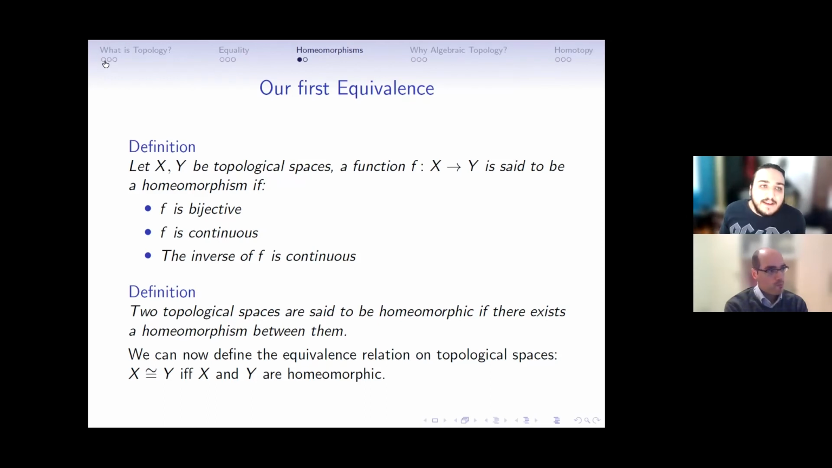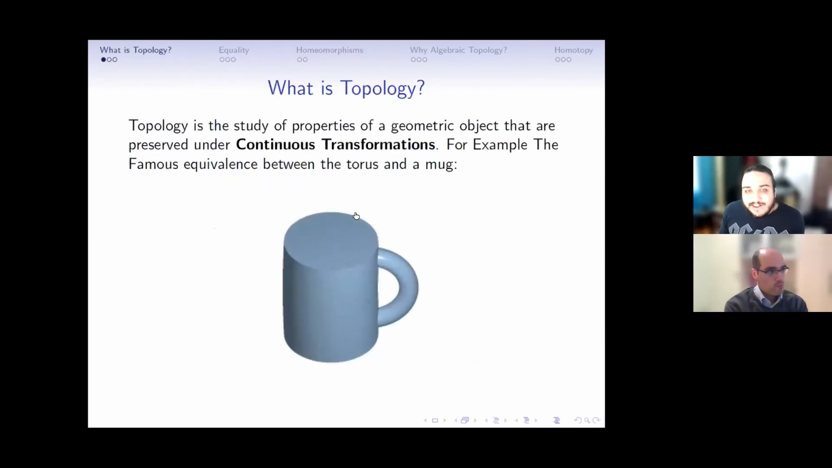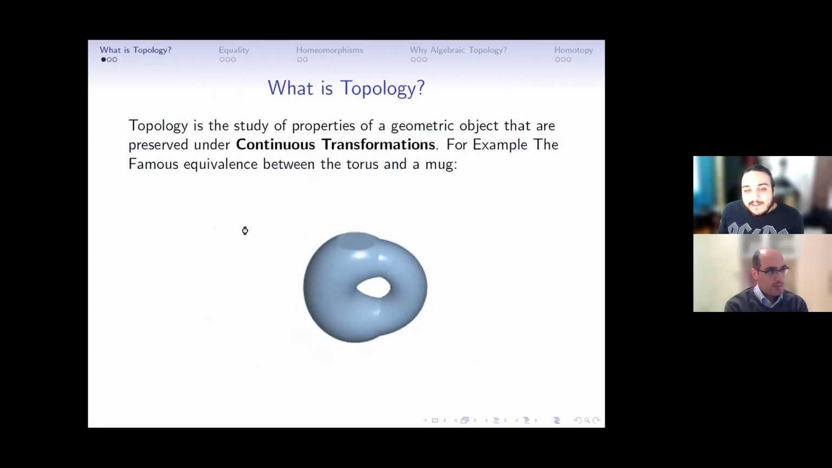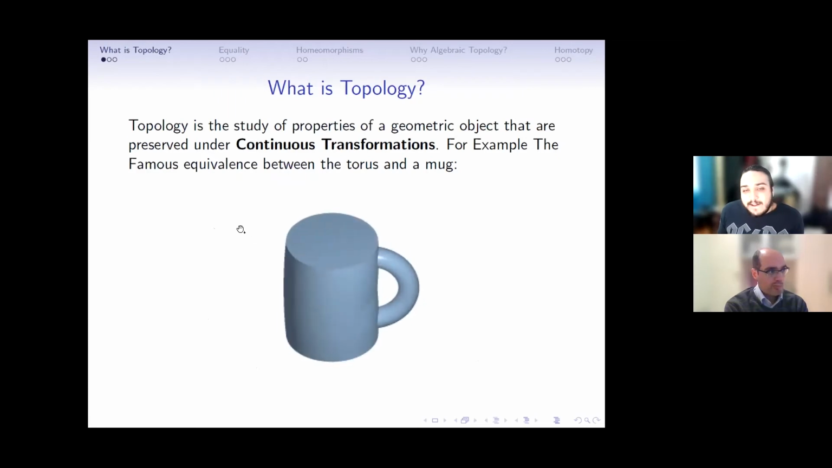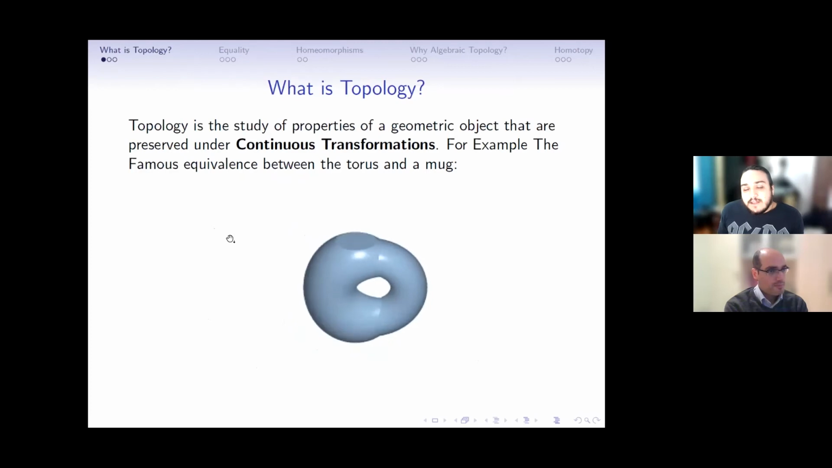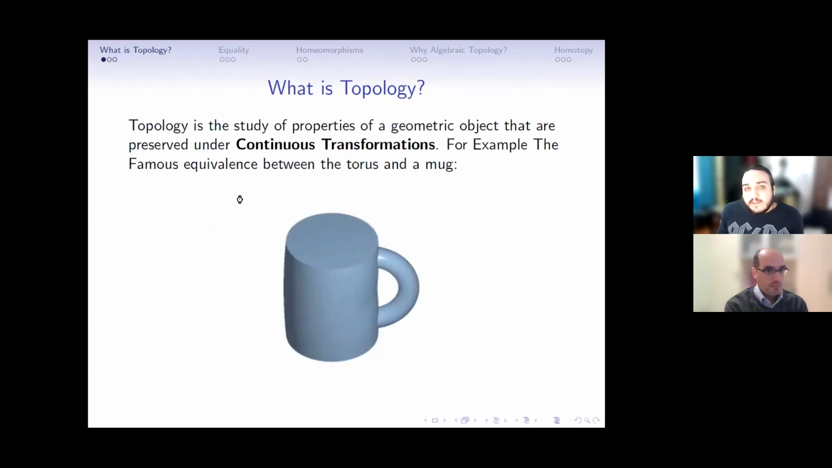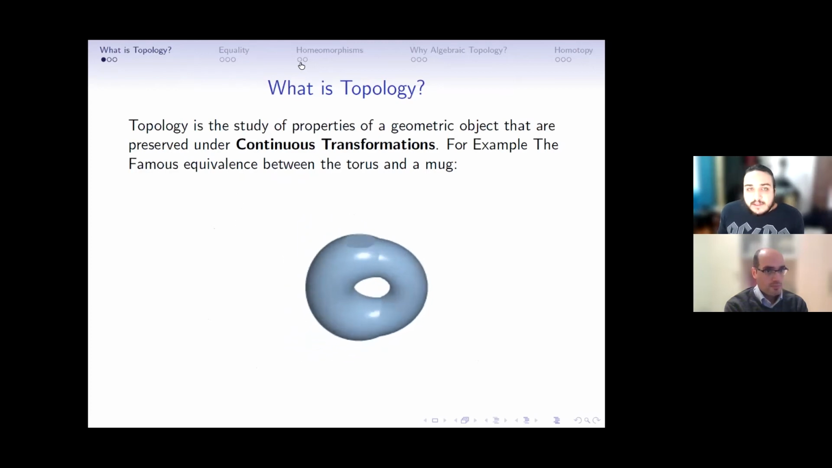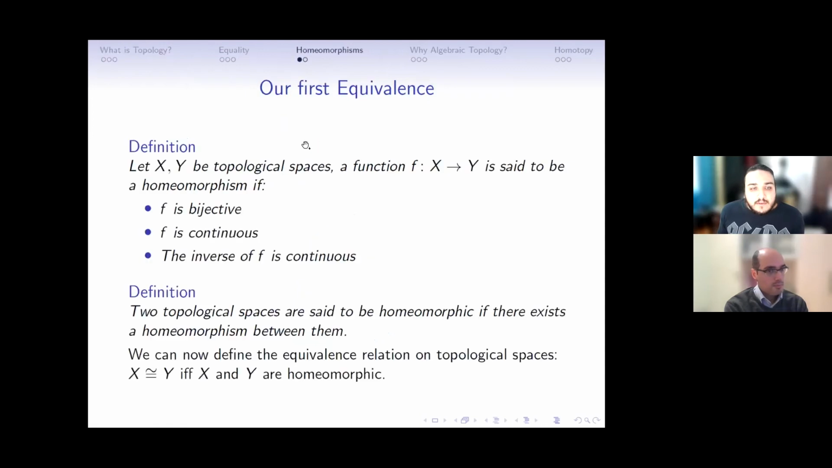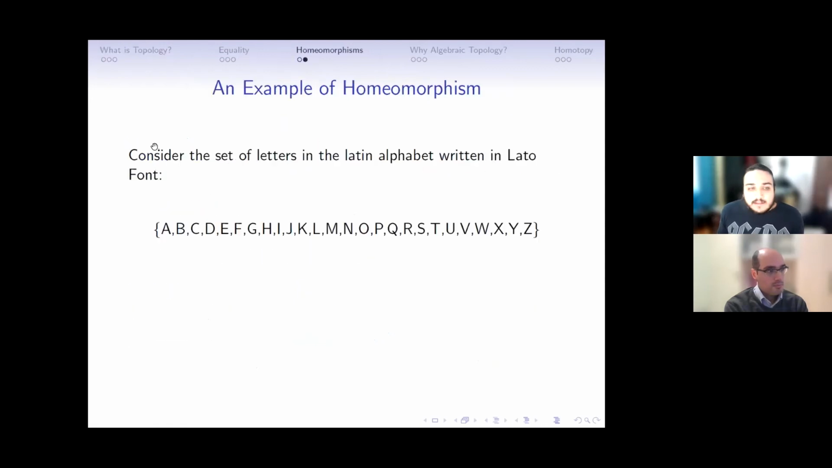So that's why the famous joke of a mug and a donut are the same thing, right? Because we can put them into these equivalence classes under homeomorphism, right? So one neat example, which I like to look at, is let's consider the Latin alphabet, well, capital letters more specifically, right? So in the Latin alphabet, we can